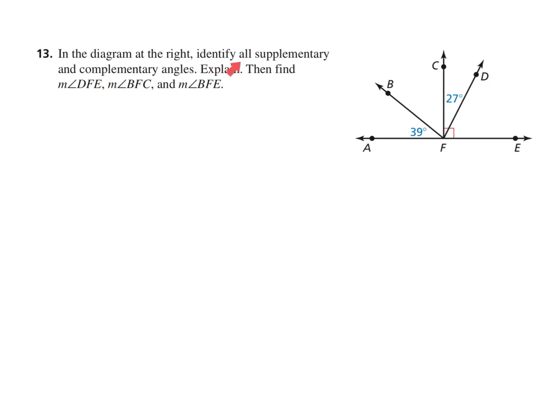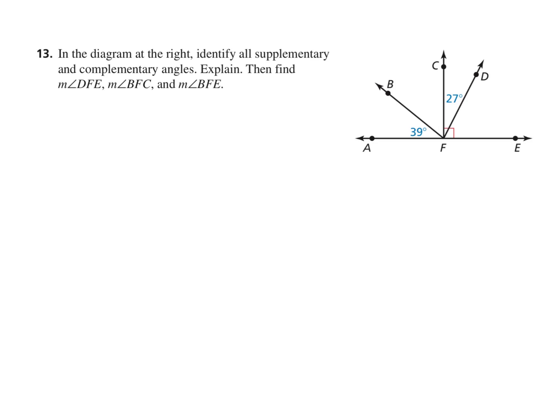All right, let's identify first some supplementary angles. We know that supplementary means it adds up to 180 degrees. Well, the 180 degrees is a straight angle. So if you rotate it on point F, starting here and going all the way, that'd be 180 degrees. So supplementary angles are pairs, only two at a time. So there's quite a few different ways we can name two angles where together they would add up to 180